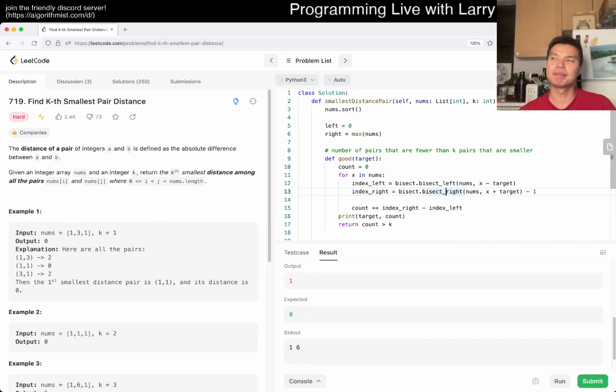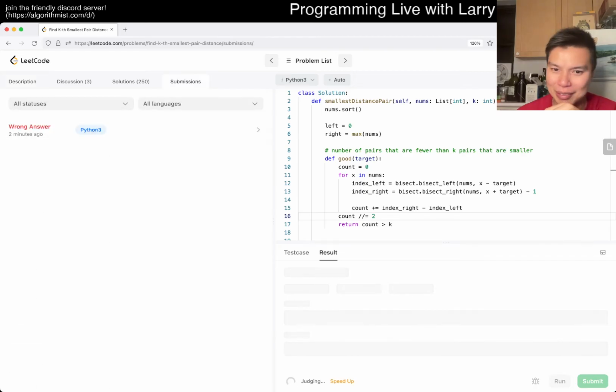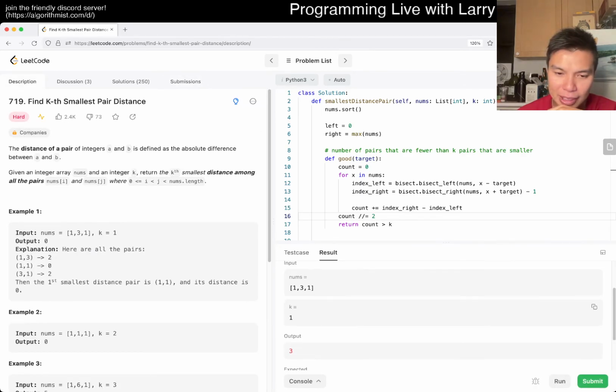Okay, I get it. I think I was trying to be too clever with this sliding window thing on left and right, but actually we only have to look at the numbers to the right of it, meaning the numbers that are bigger, because if the numbers are smaller, on the left of it, then you can assume that the left pair already took care of it, right? Because of this symmetry. We can also maybe just divide it by 2, to be honest, but okay, let's divide it by 2 real quickly, just to see. But I think there are a lot of places for optimization that we just talked about, even though I accidentally clicked on submit, but we can start with this. Yeah. Okay, this is